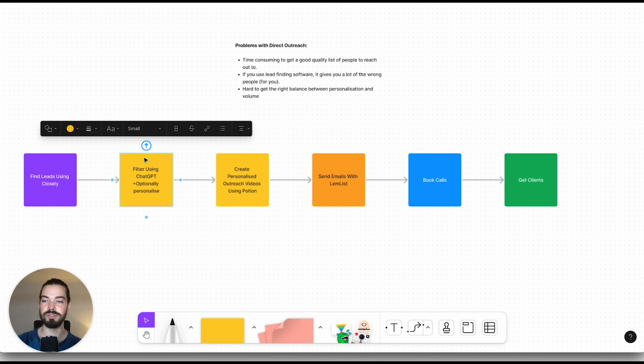So what you can do is have ChatGPT read their website, and then you can say things based on this. Depending on your offer and how it relates to their website, you might have it say different things. But for me, because I'm talking about different ways that they can book more discovery calls, what I can do is have ChatGPT look at the website based on the criteria I would use if I was manually reviewing it. And I would say,